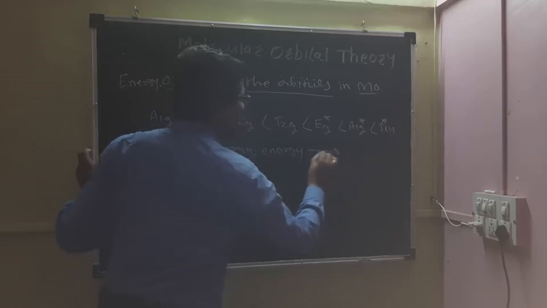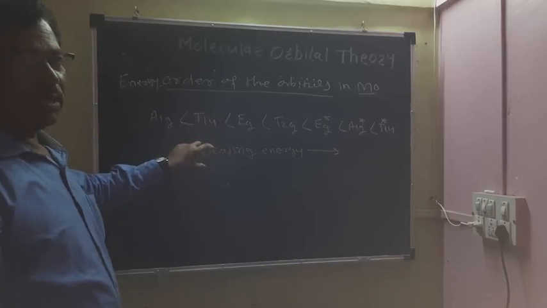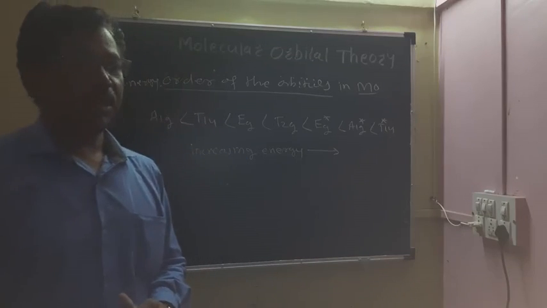This is the increasing energy level, and on this order you can easily draw the molecular orbital